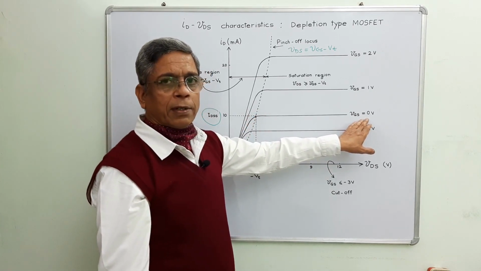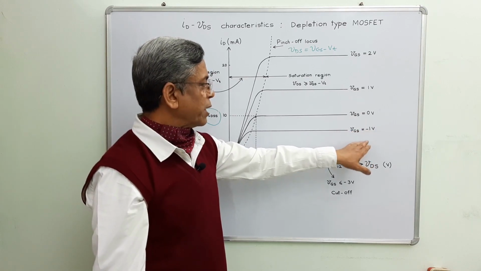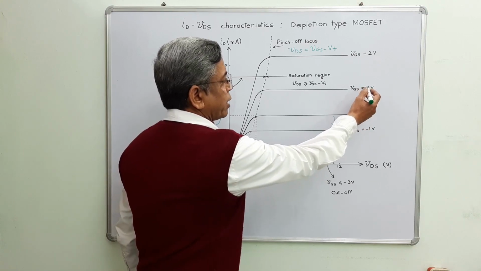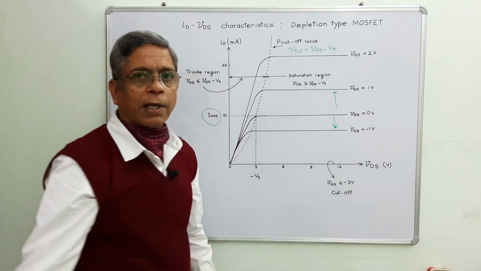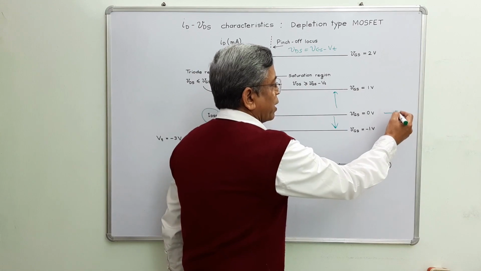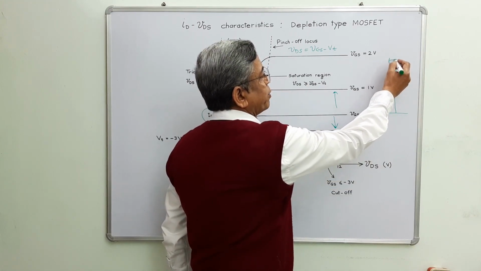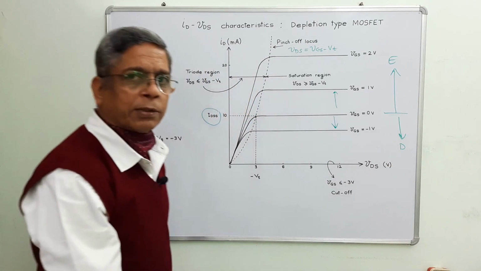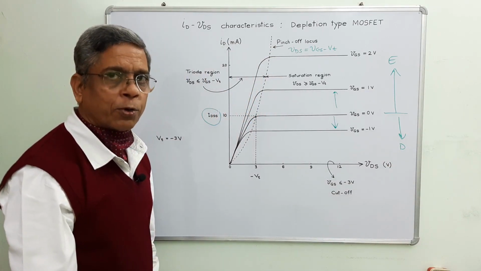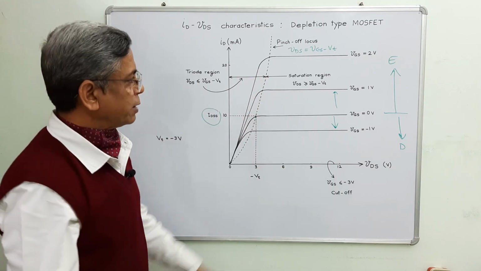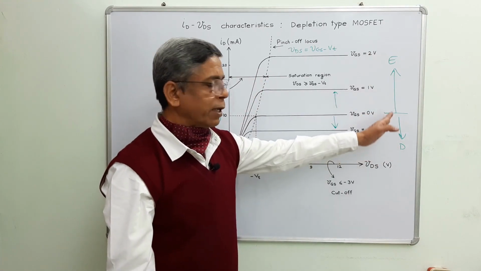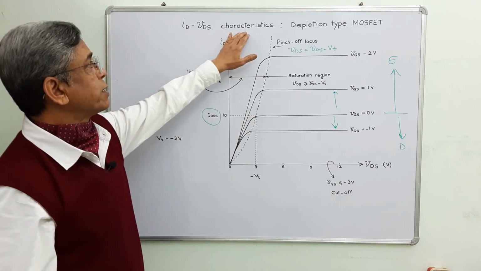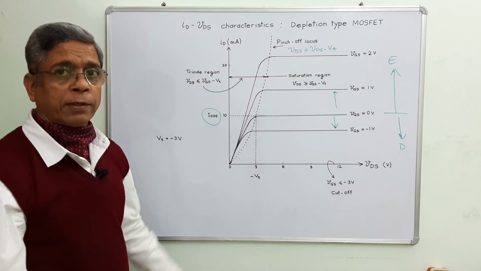At this potential difference, when this is minus, current decreases. When it is plus, it increases. That means upside, this is called enhancement mode, and downside, this is called depletion mode. So this is up to us how to operate this device. Either we can operate in enhancement mode or in depletion mode. So this is all about output or ID/VDS characteristics for depletion type MOSFET.